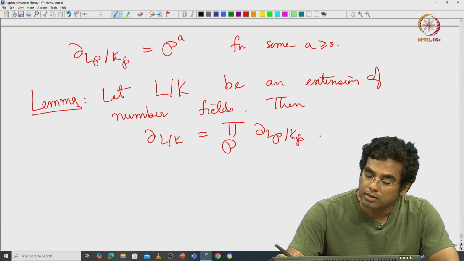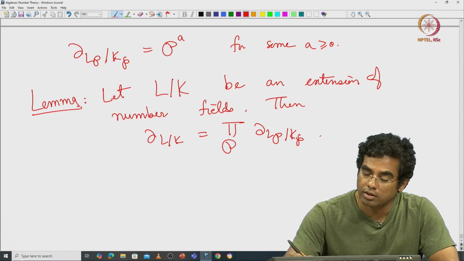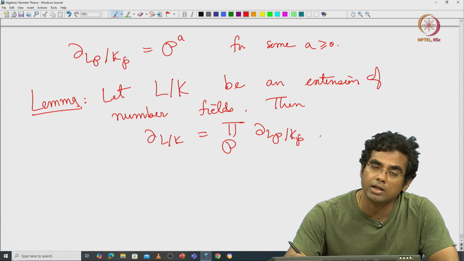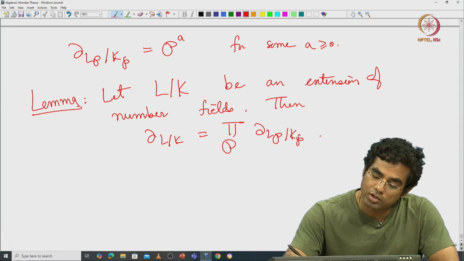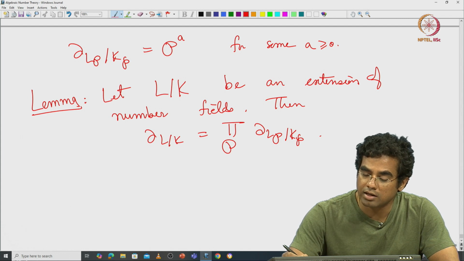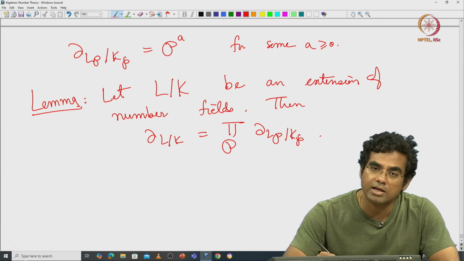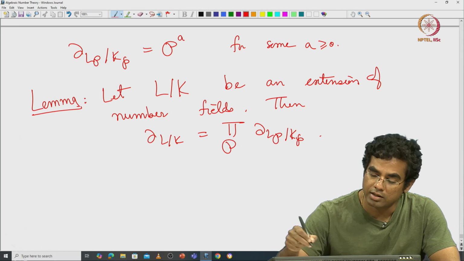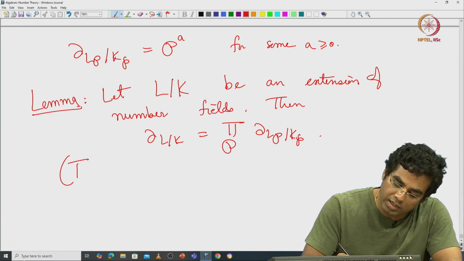Now, the subtlety is the following. We define the different as an ideal in O sub capital P. So, it looks like the things on the right hand side are ideals inside the completion, whereas the left hand side is an ideal inside O_L. So, what does this mean? This should be interpreted as